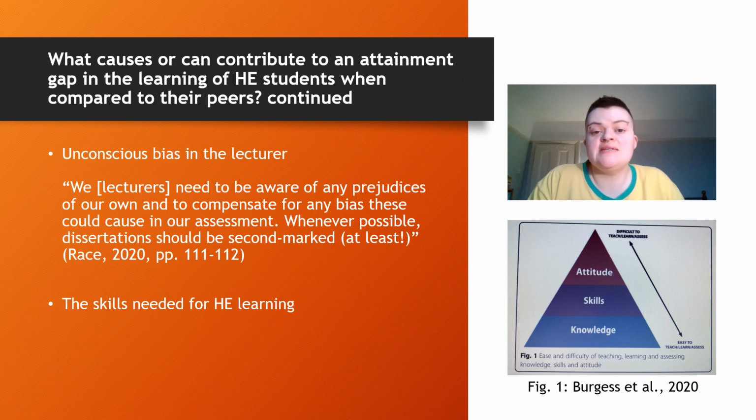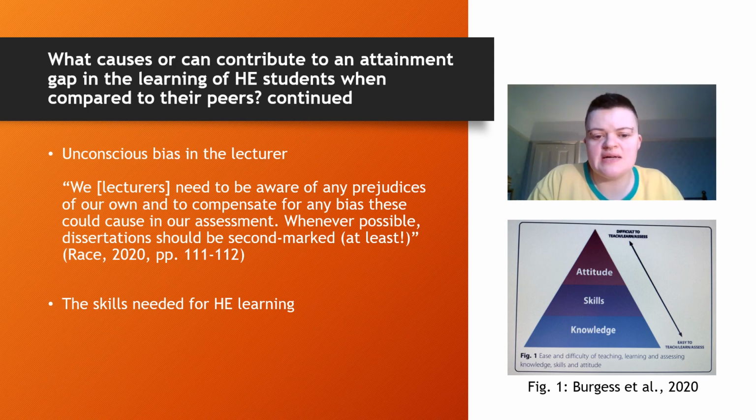So the top one here is not an issue from the student side, it slightly turns Burgess's triangle on its head here. Burgess's triangle is specifically about students learning. However, unconscious bias in the lecturer, that's an attitude problem. The lecturer may be biased without realizing, or maybe with realizing, and that may affect the attainment gap of the student. The student may not achieve as highly if the lecturer is biased, and I've put a quote there from